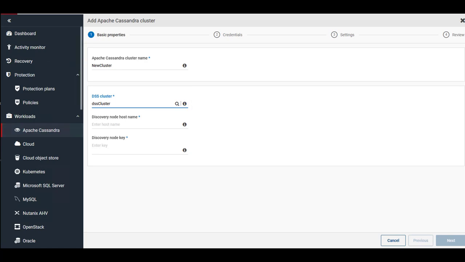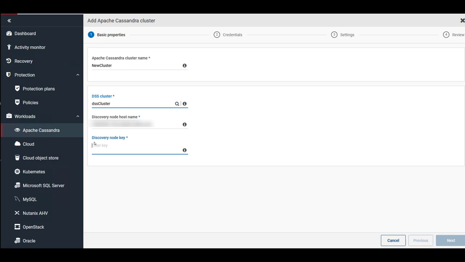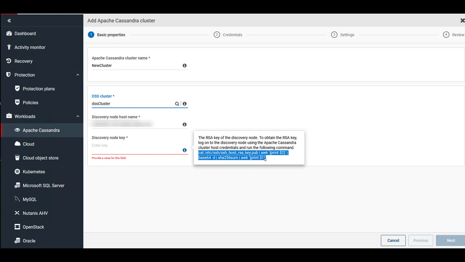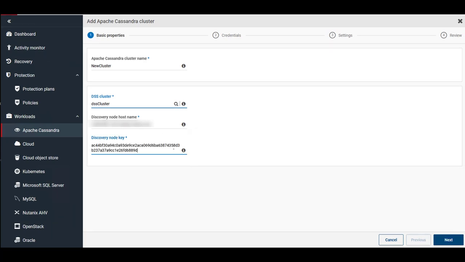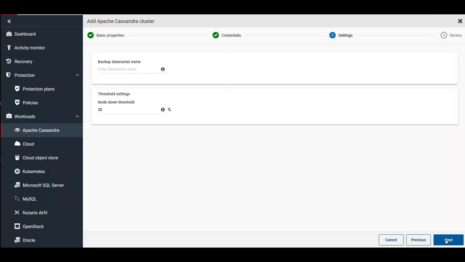You need to provide the discovery node hostname, which is used to discover all other nodes in the cluster. The discovery node key can be obtained by running this command on your discovery node. Enter the node key and click on Next. It will give you an option to select from existing credentials or add new. So I'll go ahead and select the existing credentials and click on Next.